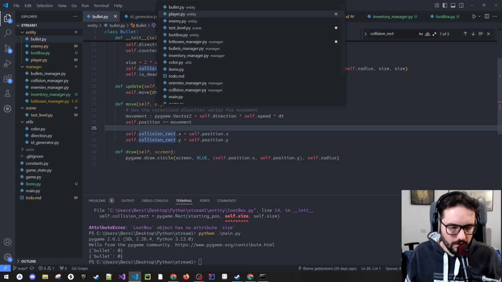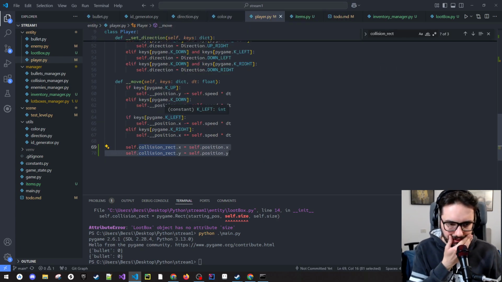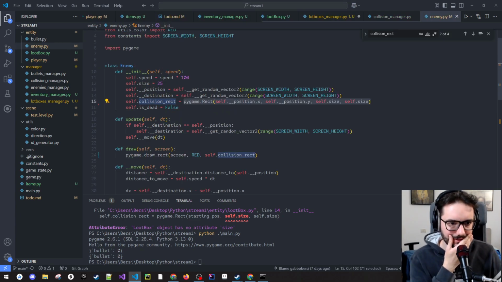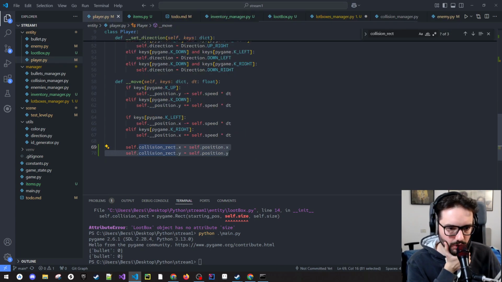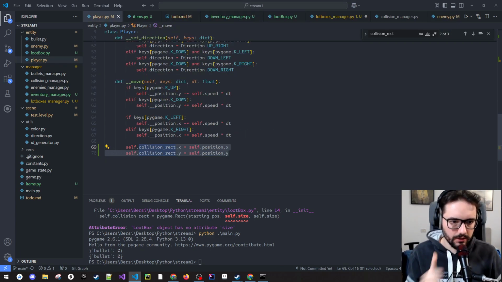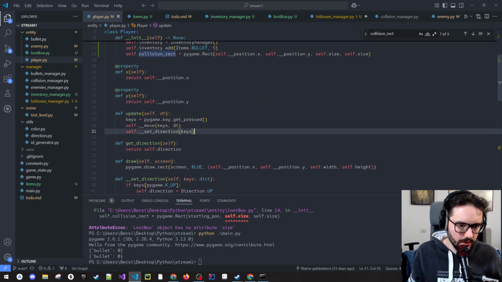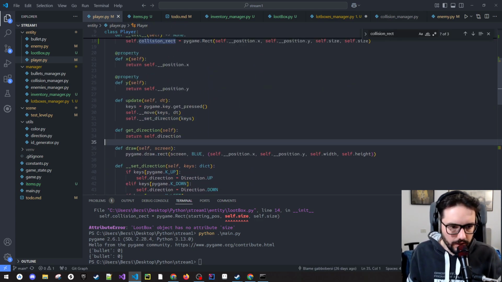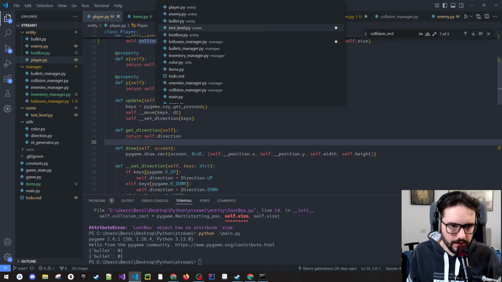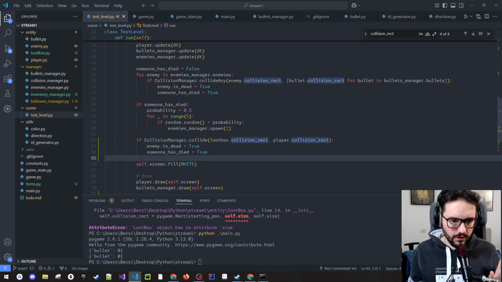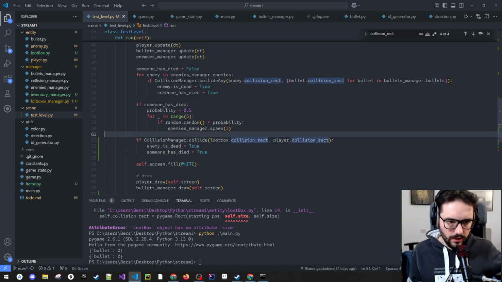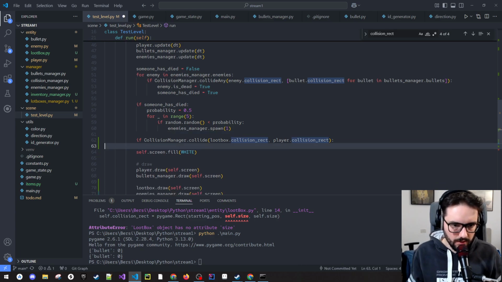So the player is quite fine, actually, but the player has a collision box. Now, updated collision rectangle, collision box. We can just check it in the test level. So player dot collision rectangle. So if they are colliding, we just say